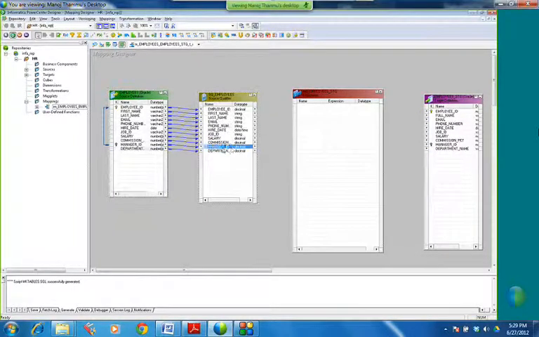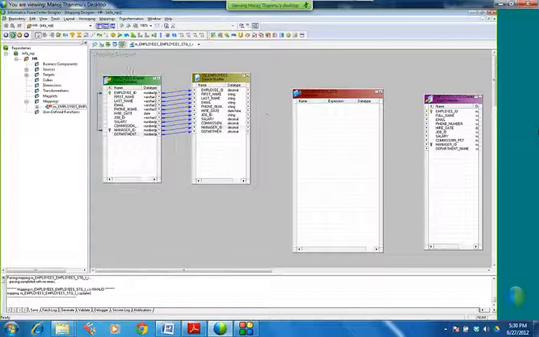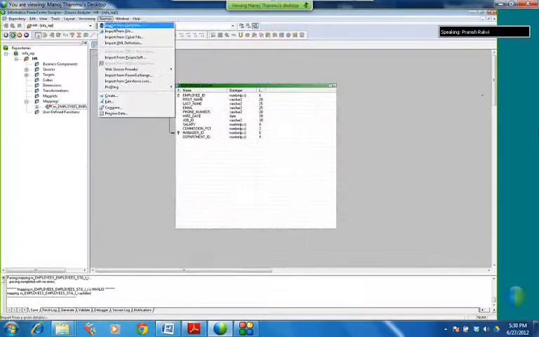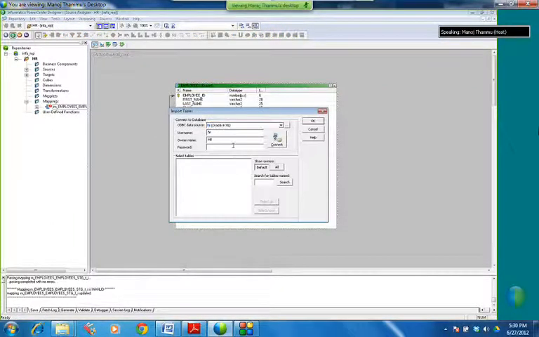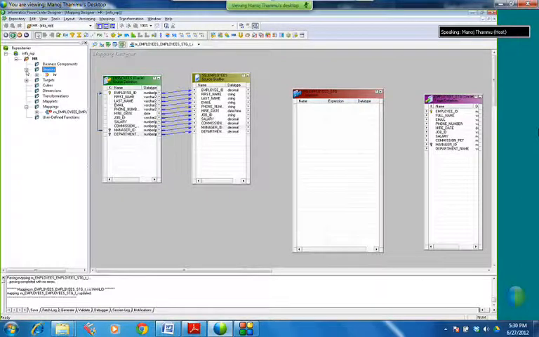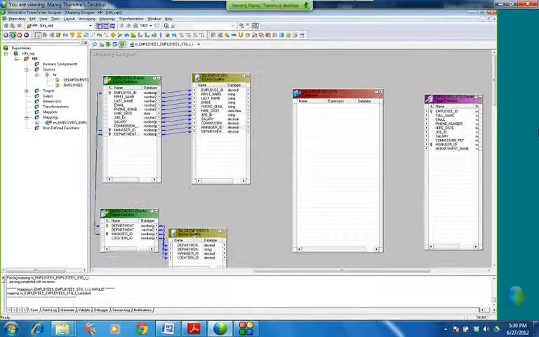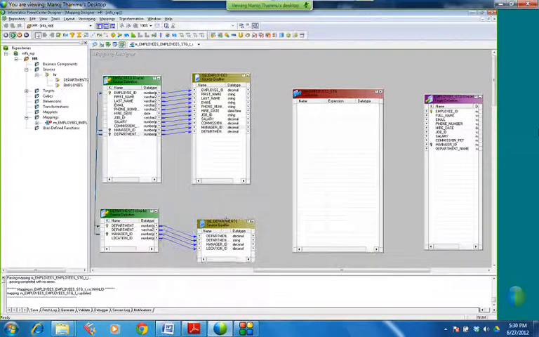So in the employees table, the department ID is there. So for us right now, we need the department table as a source as well, right? Now we have to drag the department tables into the source qualifier.